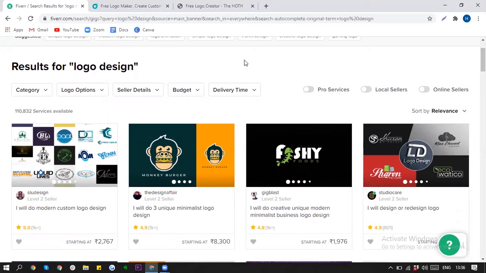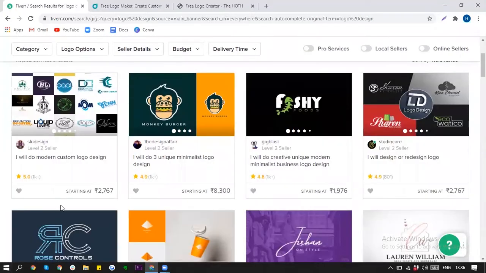If you're starting a brand, your personal website or an online store, whatever, you need a logo. So guys, as you can see, there are over 110,000 services available for logo design. So you can see how demanding this niche is. And people have won millions from this simple service. So if you click on